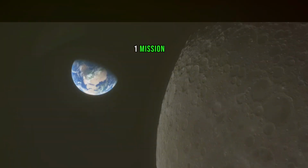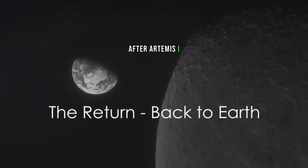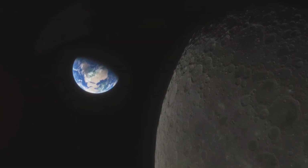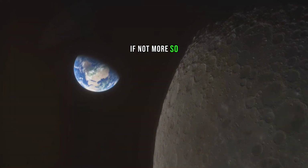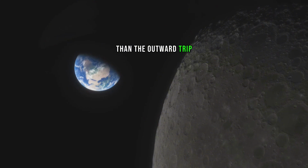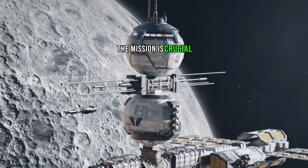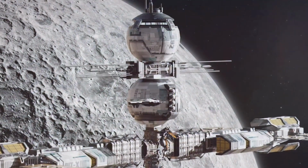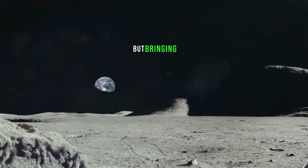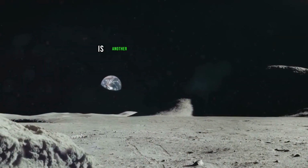Artemis I mission. So what happens after Artemis I completes its mission around the moon? Well, the return journey is just as important, if not more so, than the outward trip. This phase of the mission is crucial for testing the spacecraft's re-entry and landing capabilities. It is one thing to get to the moon, but bringing our spacecraft back to Earth safely is another challenge